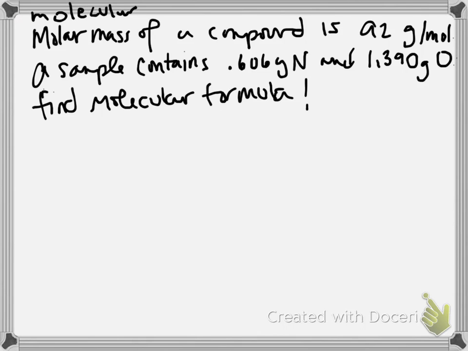Okay, so the molecular mass of a compound is 92 grams per mole. A sample of this compound contains 0.606 grams of nitrogen and 1.390 grams of oxygen. Find its molecular formula. So we know that the eventual thing we're going to do is